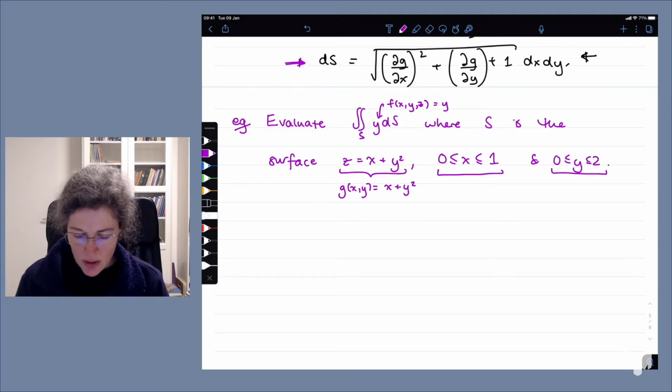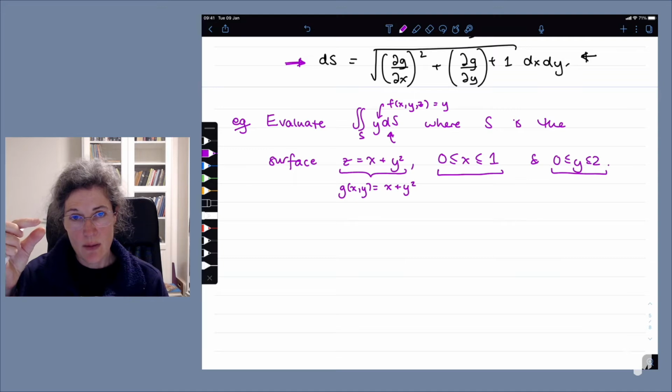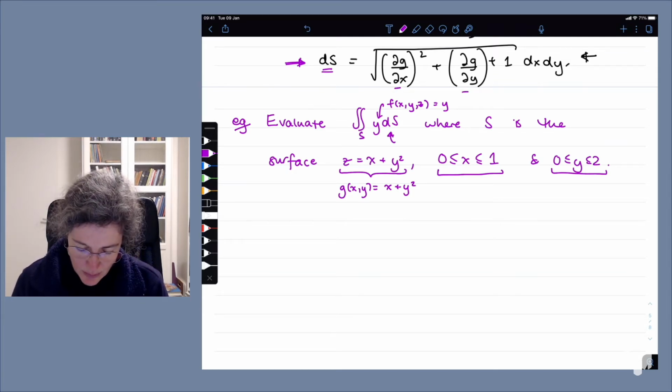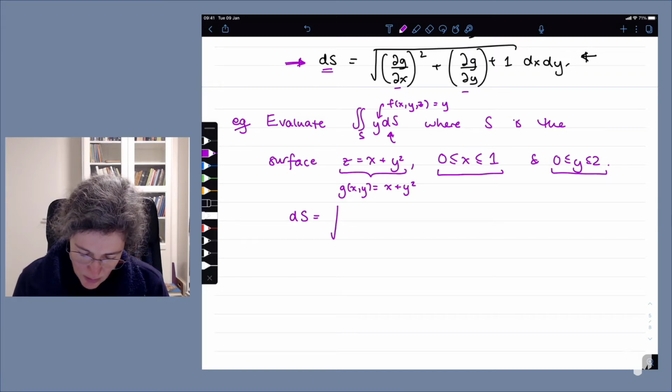So the first thing that we're going to need to do is convert this dS, which just stands for a little surface element on our surface, into something that we can use in terms of x's and y's. So we want to convert our dS into a dx dy. So we're going to need some partial derivatives. This is pretty straightforward, so we can go straight in. I'm going to write down dS is equal to the square root of partial g with respect to x, that's going to be a 1, squared, plus partial g with respect to y, it's going to be a 2y, I want to square that, plus 1,